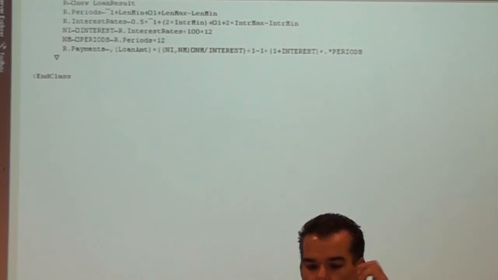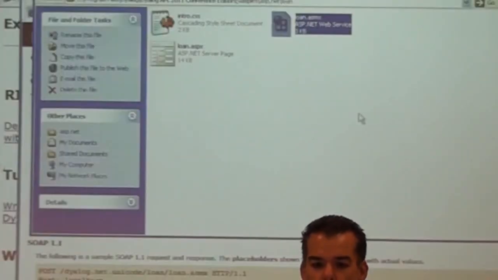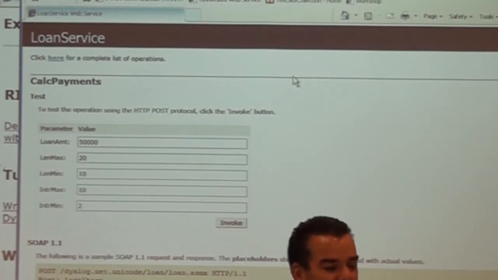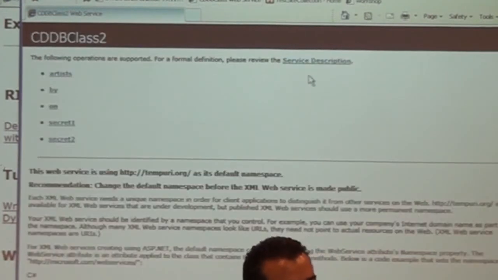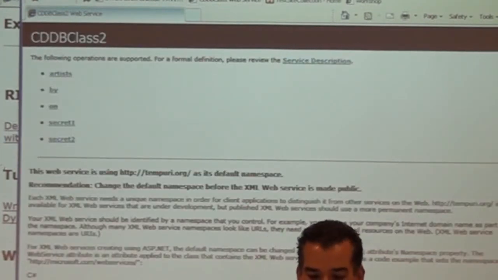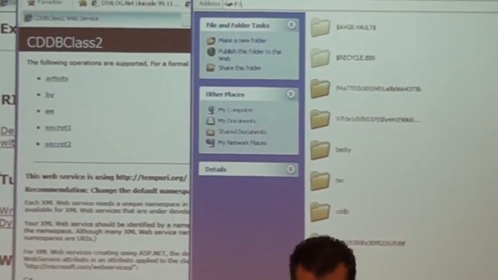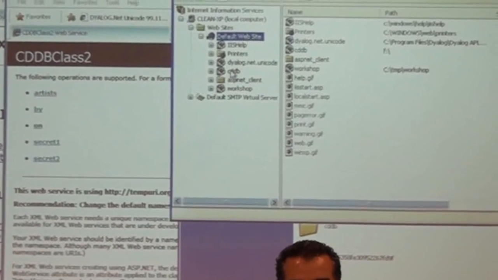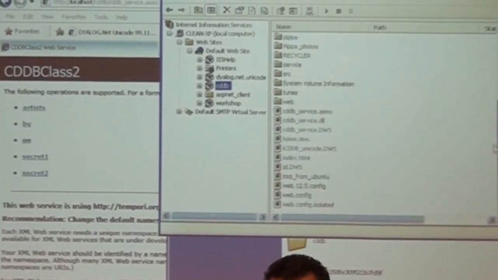Let's come to what I would argue is a slightly more interesting web service, the old CDDB web service. Inside my default website on this machine, I have a website called CDDB. CDDB contains a number of bits and pieces, but one of the things it contains is a thing called